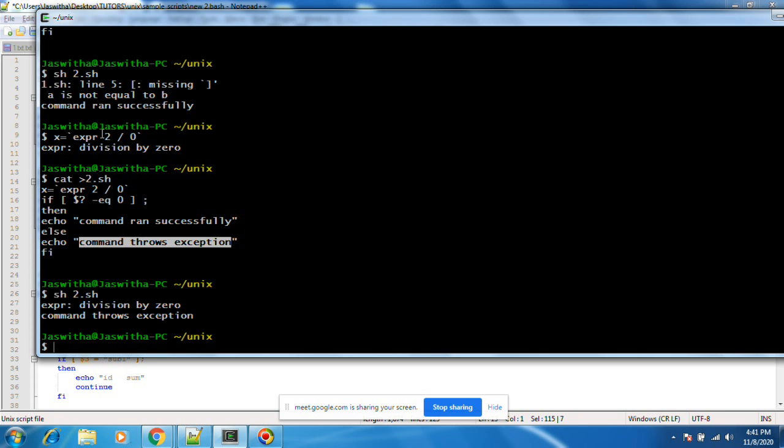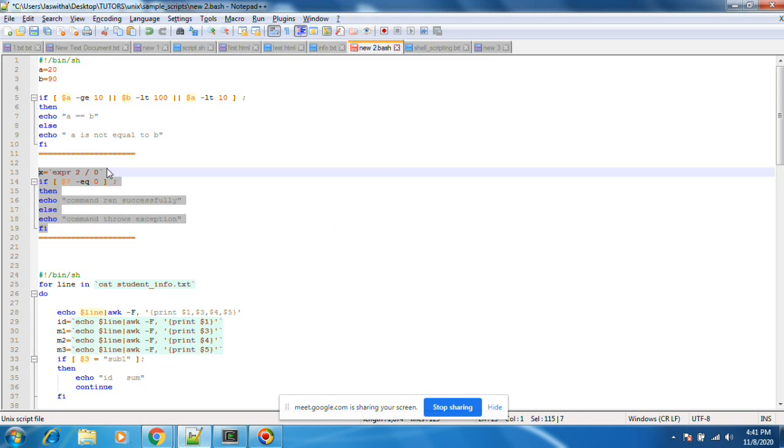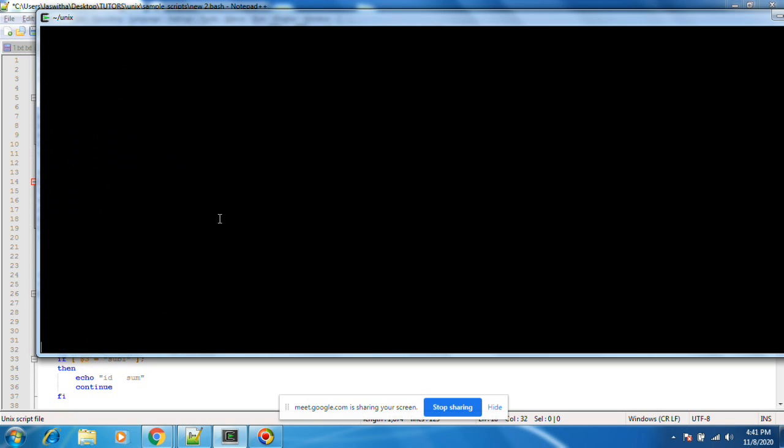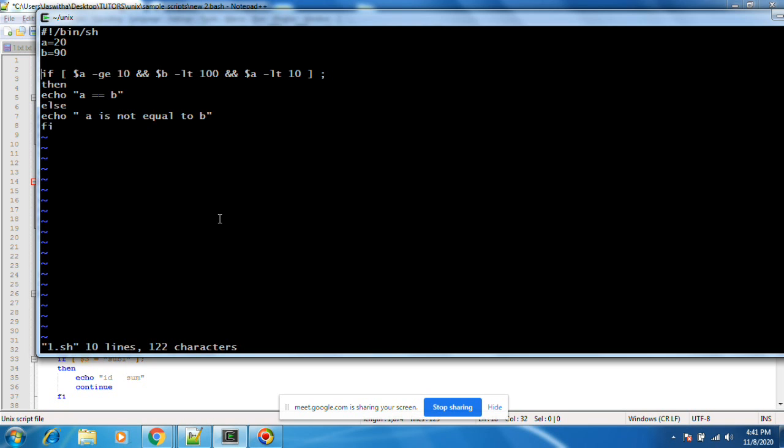You want to check whether the script is executed correctly or not. Suppose something like a return value. A script usually returns some value. In this case, return 1 means there is an error.